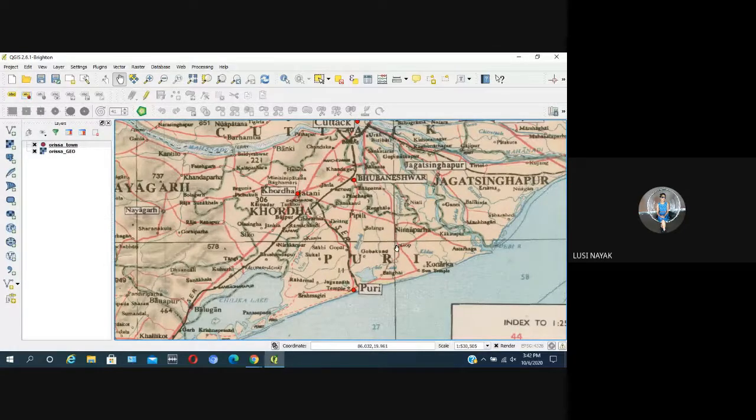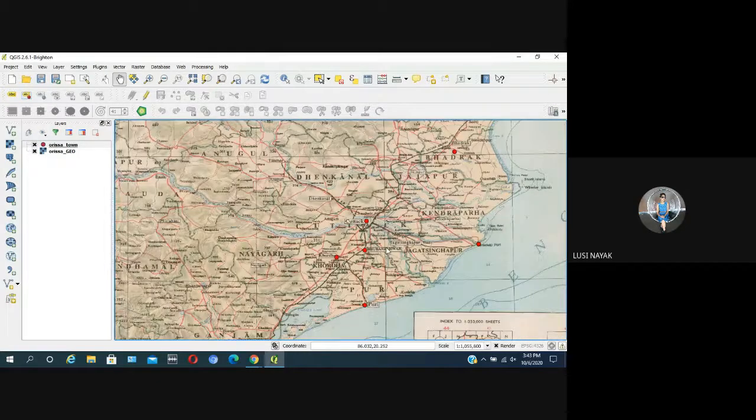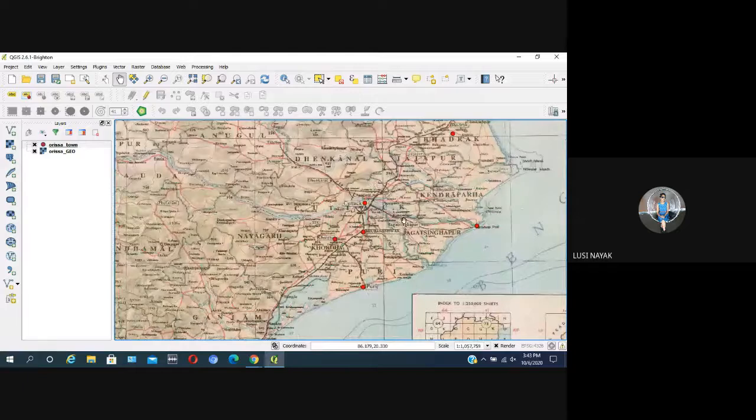Yes, no problem. Then Puri. These locations are some major urban centers. So it is very easy to get them because they have been written in larger size text. And unless we have a larger number of points, we cannot go for a thematic mapping which will show some good output.